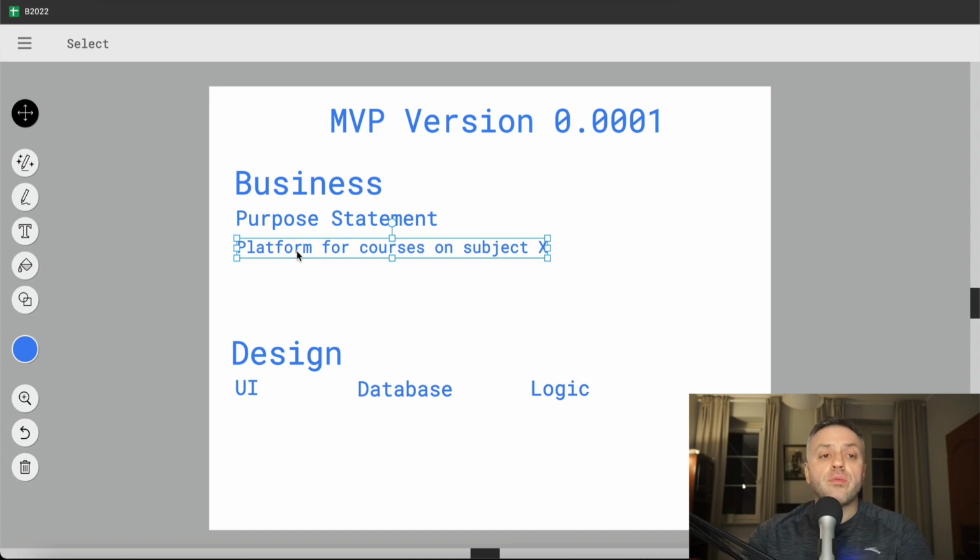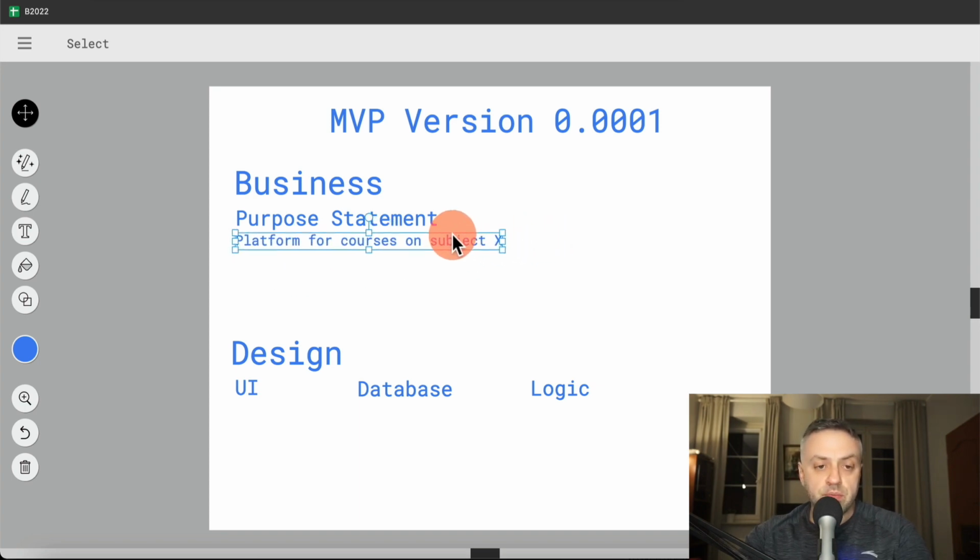We're not trying to build the next Microsoft. We're not trying to build the next Windows or the next macOS operating system. We're just trying to build something very, very small. We're starting small. That is why this is 0.001. We're seeing if there's demand for it. This may not even work. Right? This may not even work.